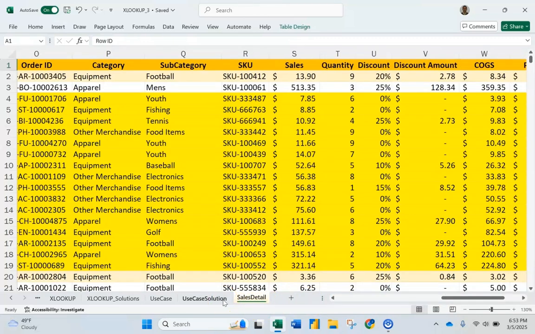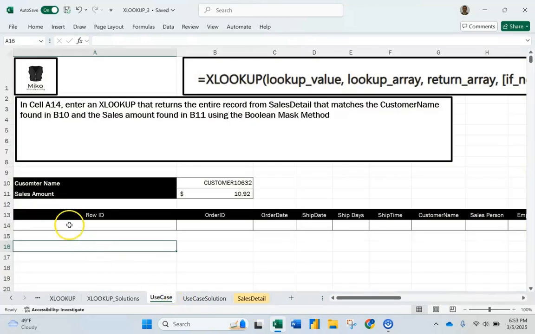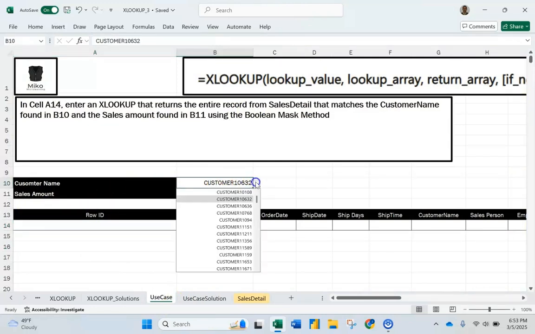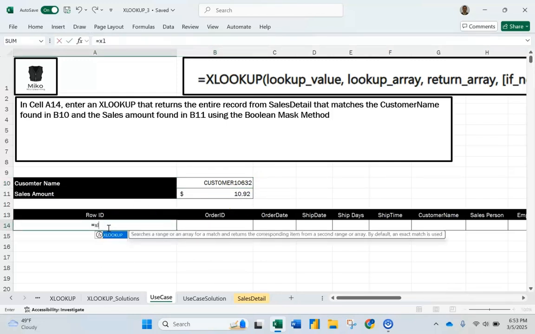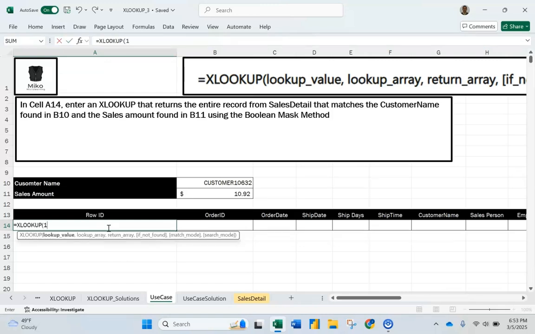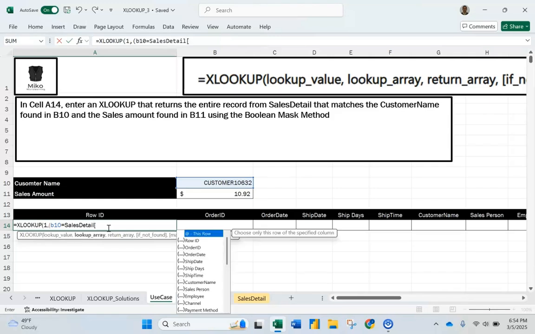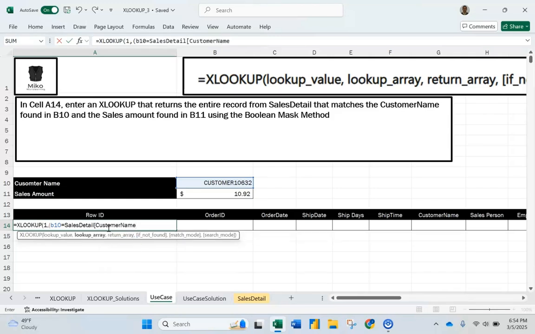So because this is using a numeric, I'm going to use a Boolean lookup here. Okay. And I have my customer number here. It's a drop down so I can go to other customers, but I'm going to leave it at that one. And I'm going to put it in my A14 here. I'm going to say Xlookup. And this works really well with tables. And I'm going to say, okay, 1. So what are the things that have to be multiplied together and match? Well, the customer number in B10 has to equal sales detail, and I'm looking for the customer name. I guess it's customer name